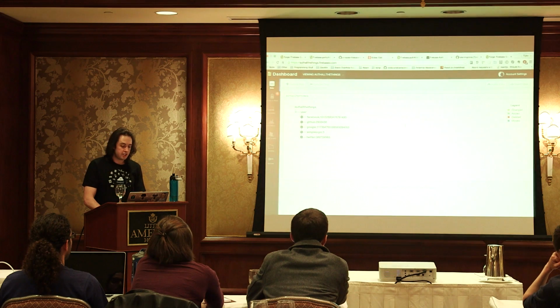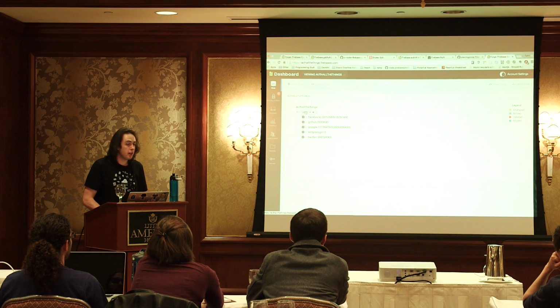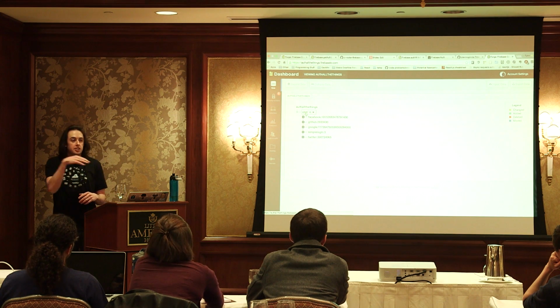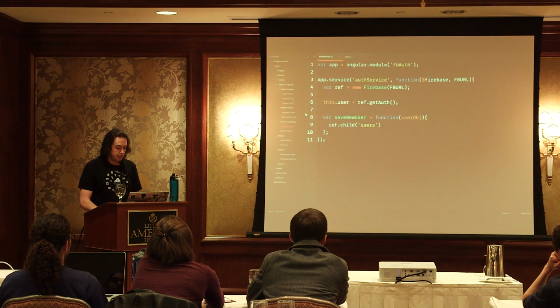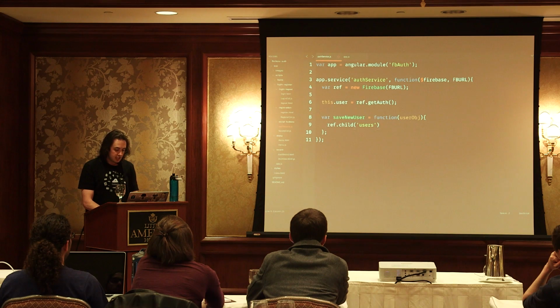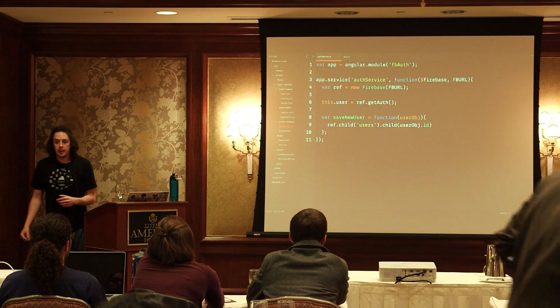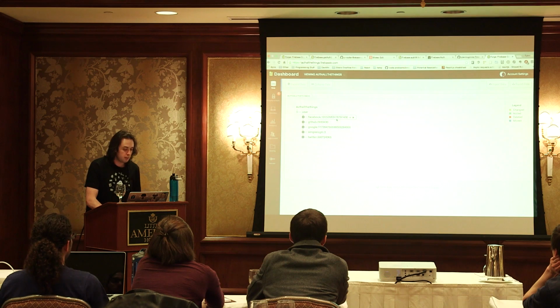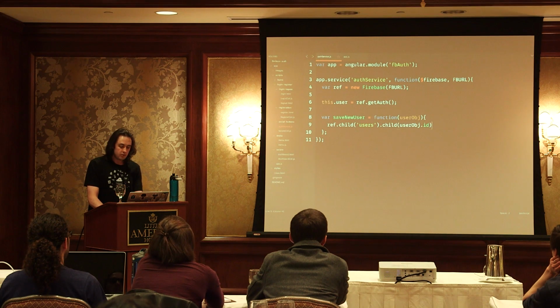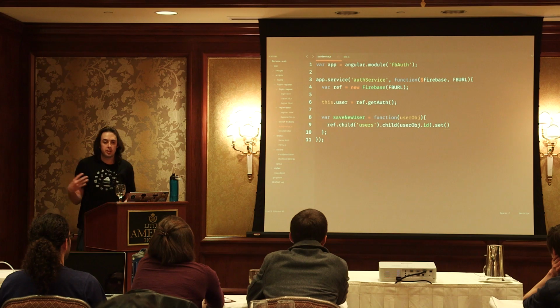When we do .child, all it's saying is go to this user collection and put whatever information I have in this collection. If we had nested children, we can do /user/whatever until we get to our actual data. So we're going to take our data, go to /users, then go to user_obj.id. Every time we register someone new with Firebase, what it gives us back has an ID to it, which is unique, and they look very much like this. It's who they authenticated with, and then this random hash, which is probably just some timestamp or something. So we go there, and then we're going to use .set to put the information inside the database.